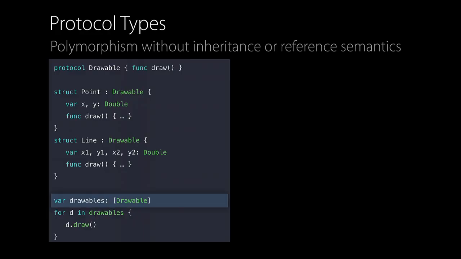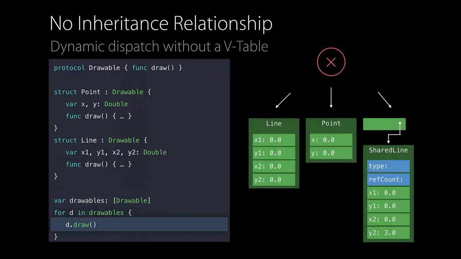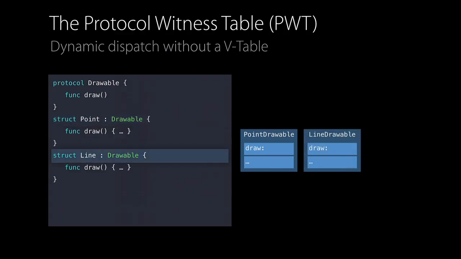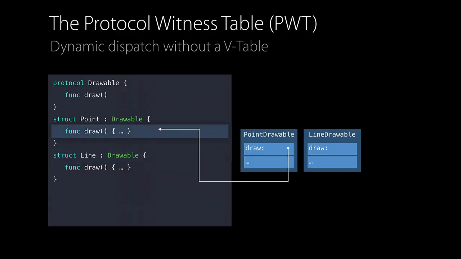However, compared to before, one thing was different. Note that our value types struct Line and struct Point don't share a common inheritance relationship necessary to do vtable dispatch, the mechanism that Kyle just showed us. So how does Swift dispatch to the correct method while it's going over the array in this case? The answer to this question is a table-based mechanism called the protocol witness table. There's one of those tables per type that implements the protocol in your application. And the entries in that table link to the implementation in the type.